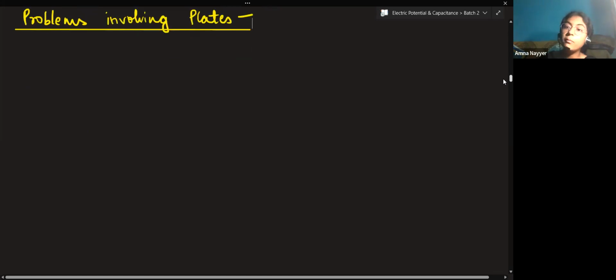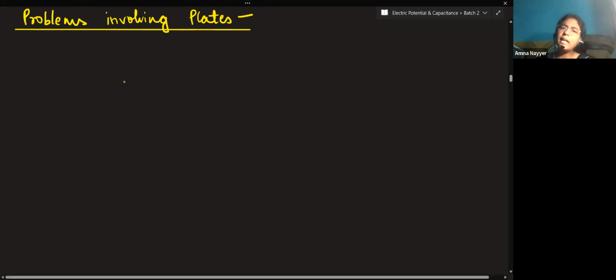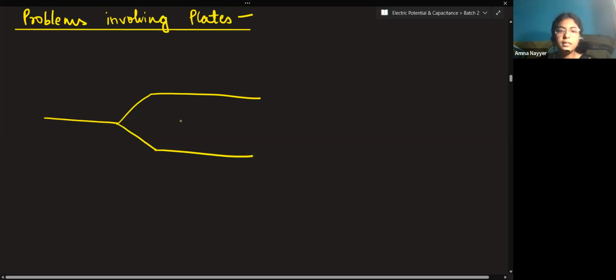This has come a lot of times in your CBSE questions as well as in your entrances, especially in NEET previous years. This question is there. And in JEE also, in your entrances also. See, I'll start with an example only. If these are parallel plates connected,